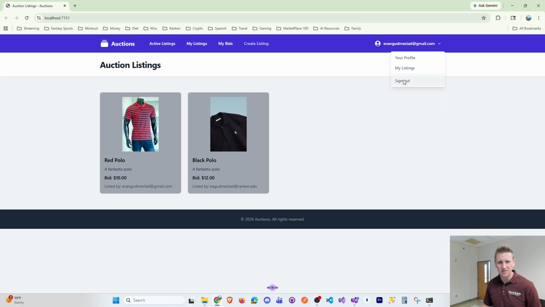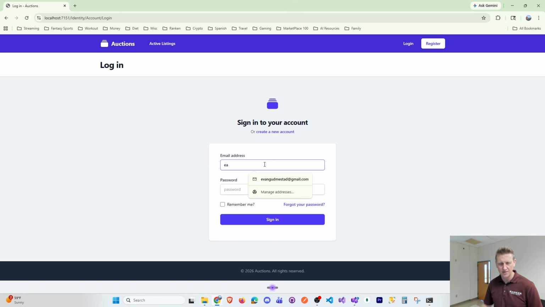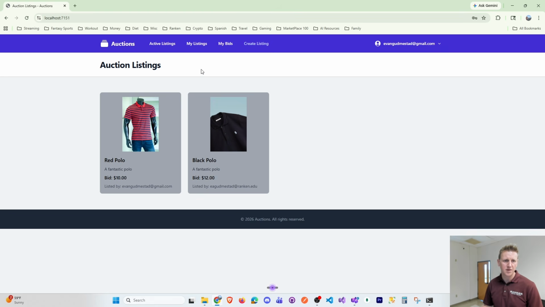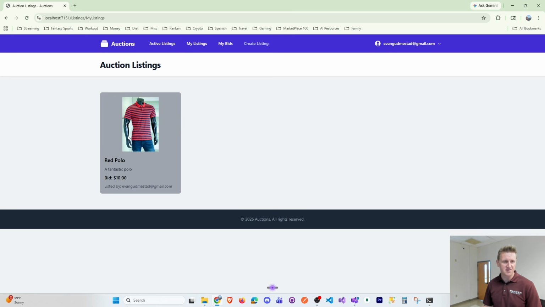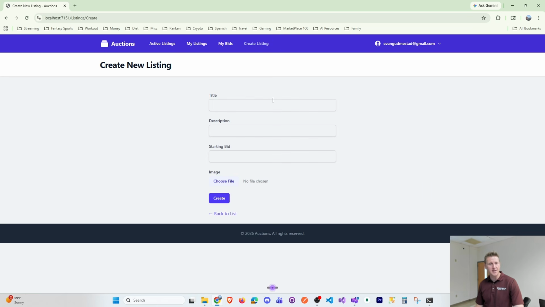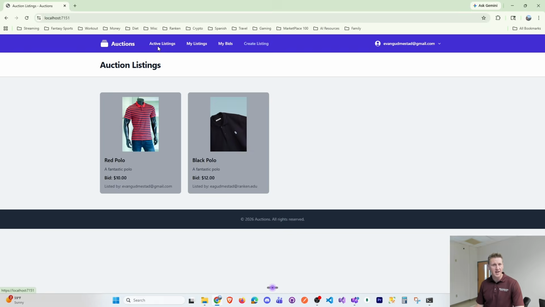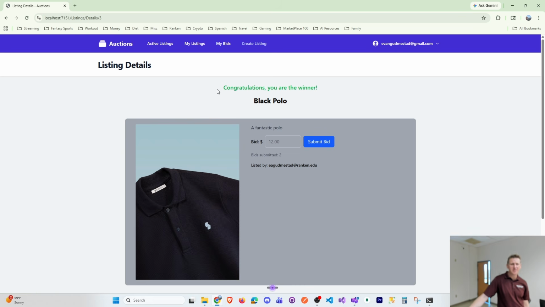Okay, so if I sign out, you don't see them. If you sign in, there we go. My bids, I've only made one bid. My listings, I only have one listing. Create listing is now behind a login. Active listings, since one of these sold, right, it should no longer be active. So